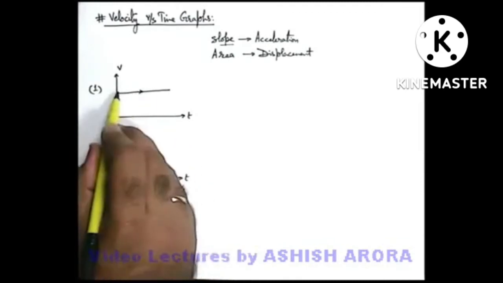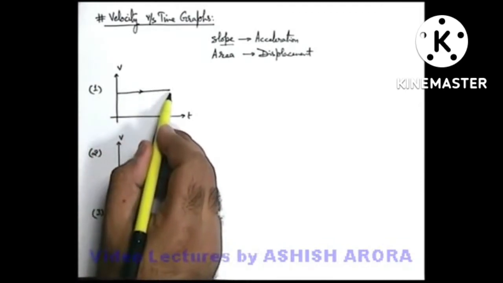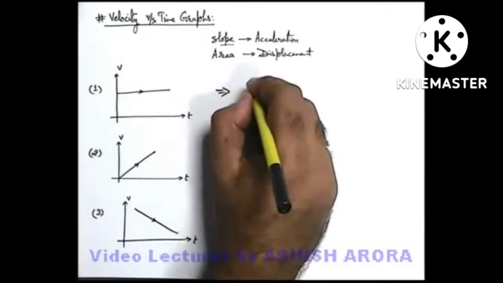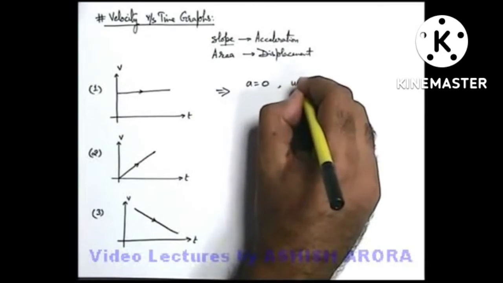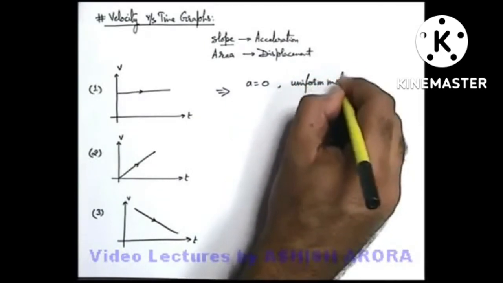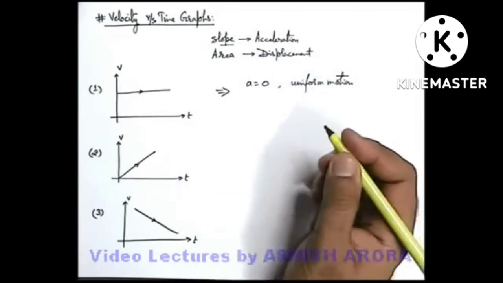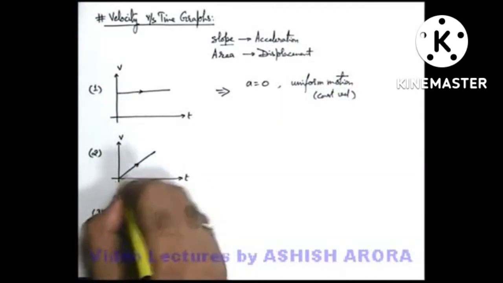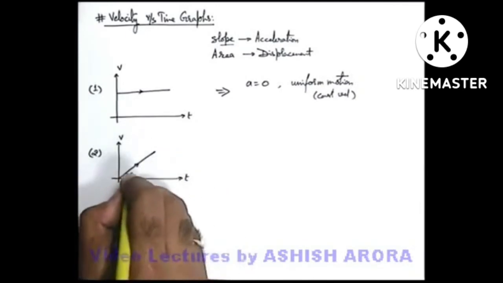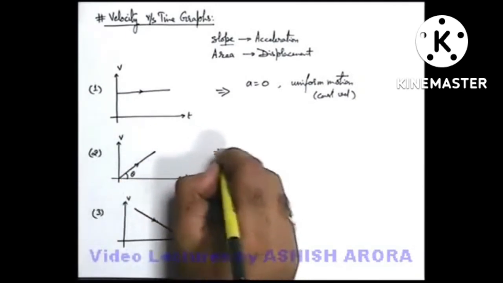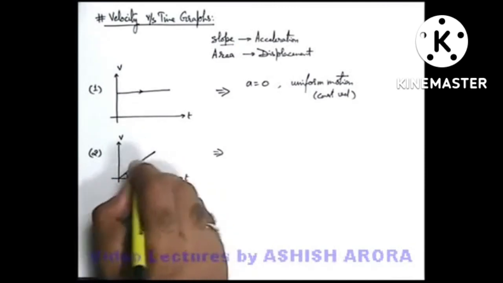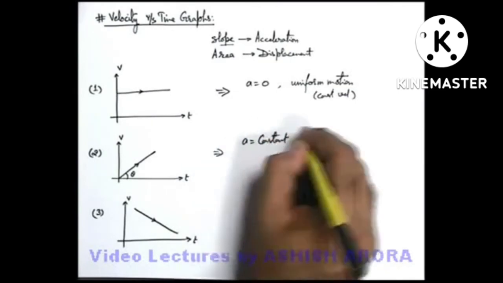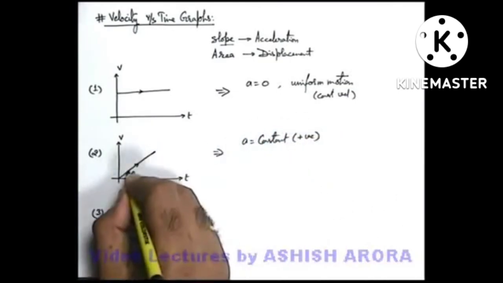The first one is the graph where the velocity time graph is a horizontal straight line. So you can simply state the slope of the straight line is 0. So this is the graph which corresponds to 0 acceleration, or we can consider it the graph of uniform motion. Here the particle moves with a constant velocity. If we talk about the second curve, where the velocity time graph is a straight line, we can see this line makes an acute angle with the time axis. In the straight line, at every point the angle with the time axis is constant. Here acceleration is constant, and we can also call it positive because it makes an acute angle.